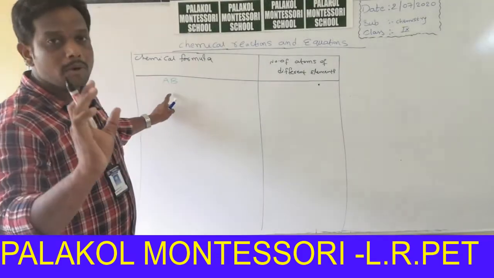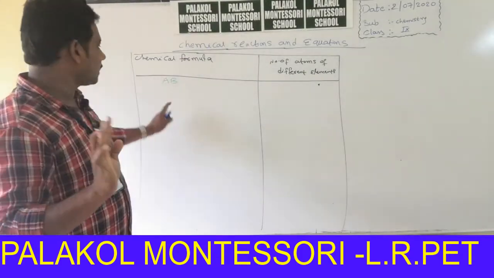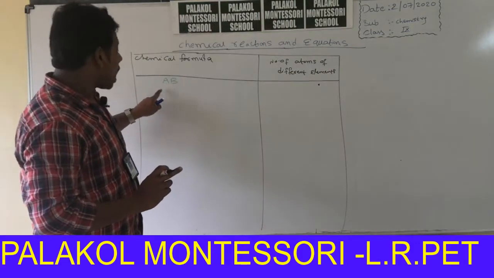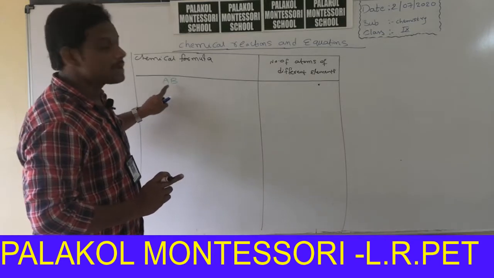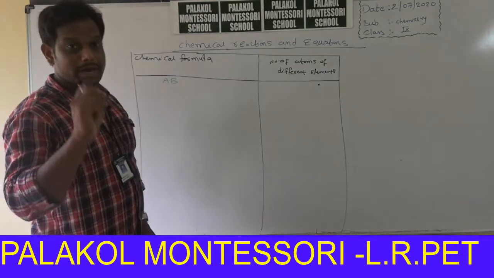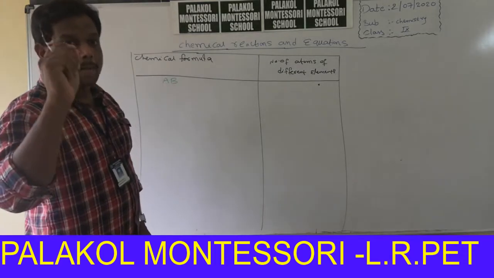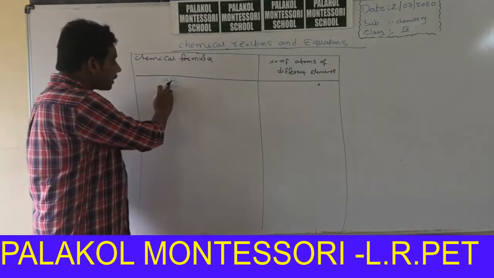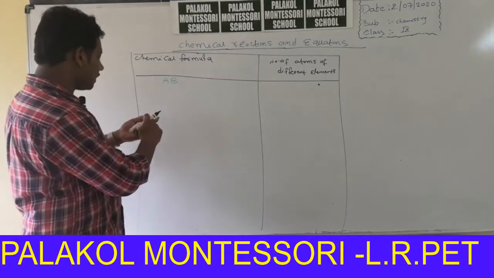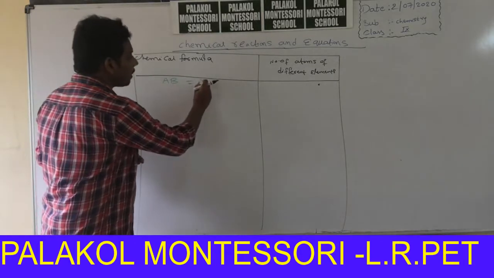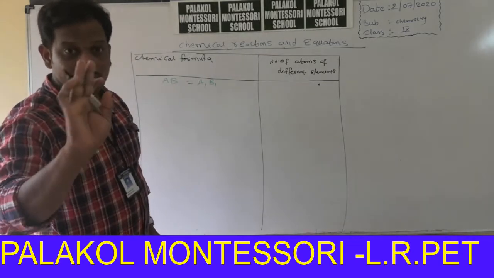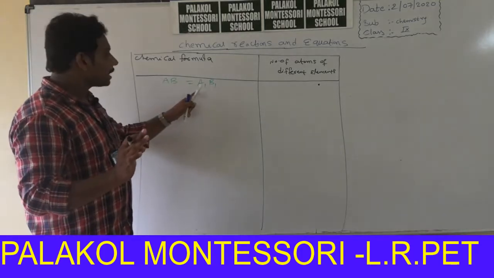That means a compound's chemical formula is AB. Imagine, how many A atoms are there in an AB molecule? Based upon the subscript, we can decide the number of atoms present in a molecule. Here A has no subscript. It means the subscript of A is 1. Actually it is A1B1. If the subscript is 1, there is no need to write it. That's why AB. AB is nothing but A1B1.